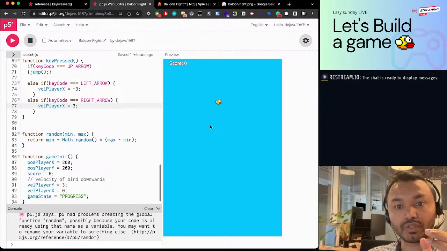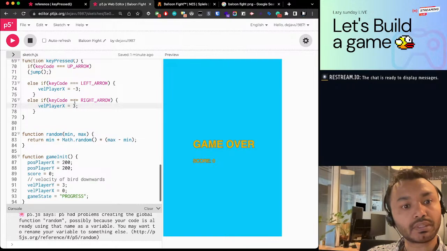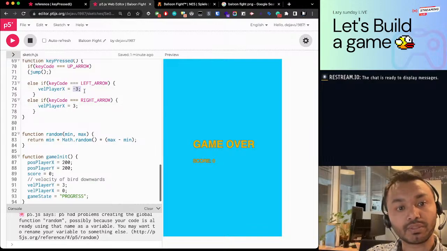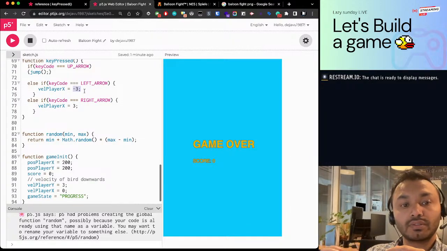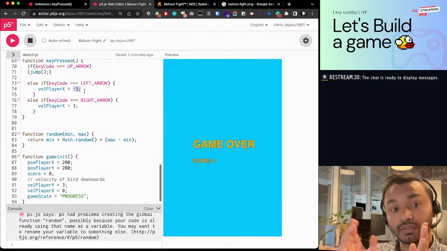It needs to stop somewhere. There are friction, air resistance, and all those things. That's what we want to implement now. One thing is that it abruptly goes back and forth, because we are setting the velocity towards that direction abruptly. What we want to do is just reduce the velocity in the opposite direction, which means